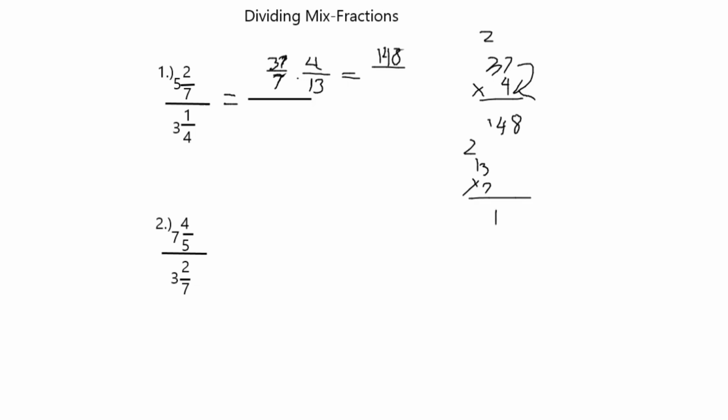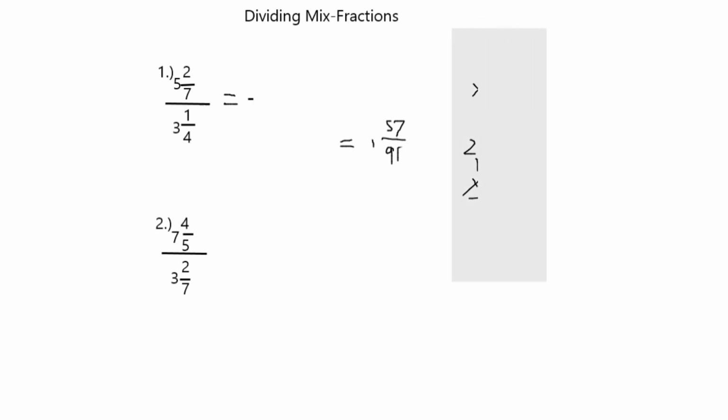And then let's multiply this 13 times 7. So this is pretty straightforward, right? This is 21, 7 times 1 is 7, 28, 91. Okay, I'm going too fast. So as you can see, we cannot just divide by 2 here. So we're just going to subtract 91 from 148. So we're going to copy the denominator later. And then 57 on the numerator and 91. There you go. So that's our mixed fraction for number 1, and that's our answer for number 1.